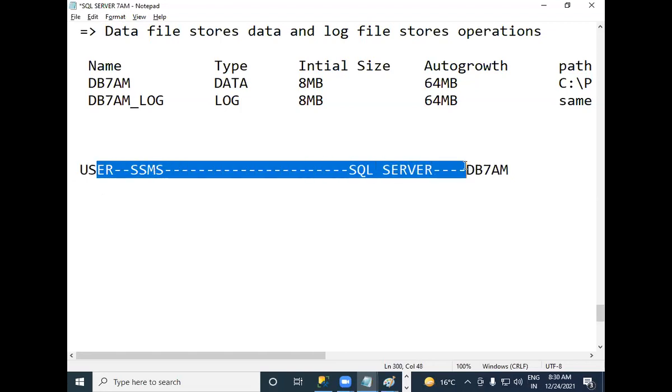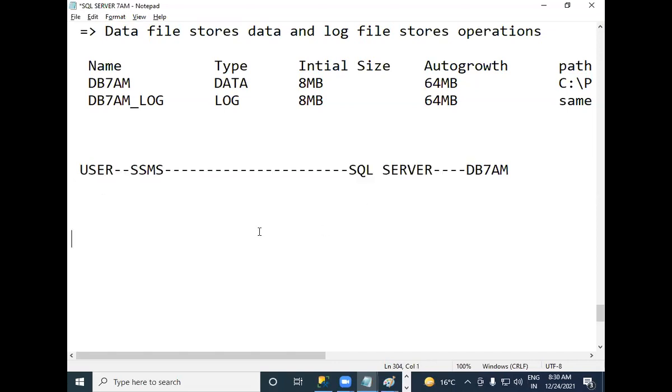Now you connect to SQL Server. SQL Server is mainly used for creating the database. Database creation, you know. Next, you want to work with the database. Working with the database means you want to store the data, update the data, delete the data, like this. So if the user wants to perform any operations on the database,